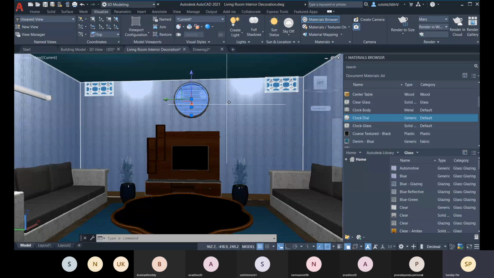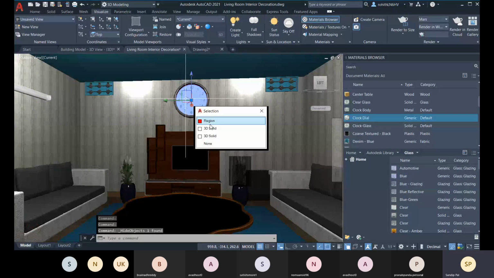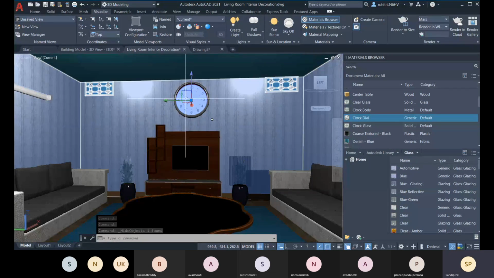Let me quickly select it. This is just a simple surface where I have applied it. And after selecting it, here I can go for right click and assign to selection.